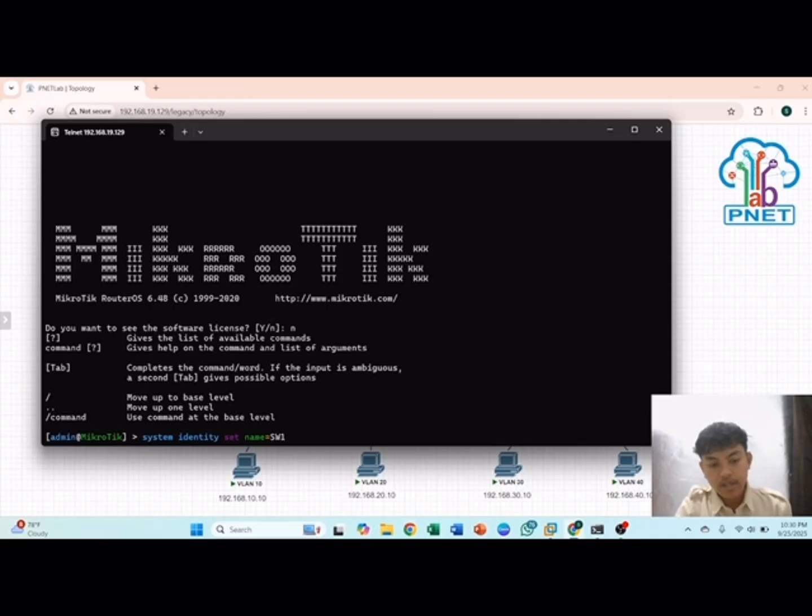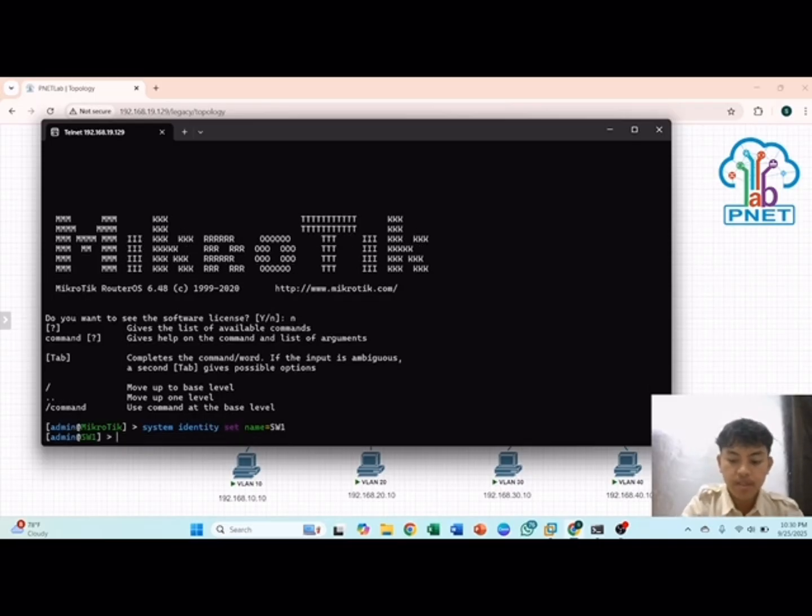In the switch, the name is SW1, switch 1, and then in interface bridge you can add bridge VLAN.